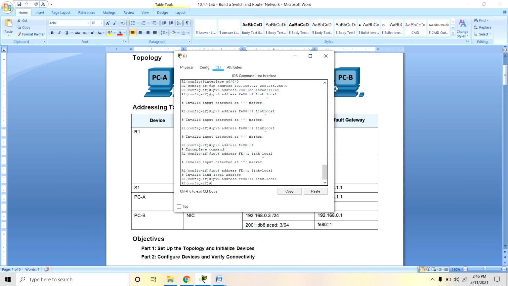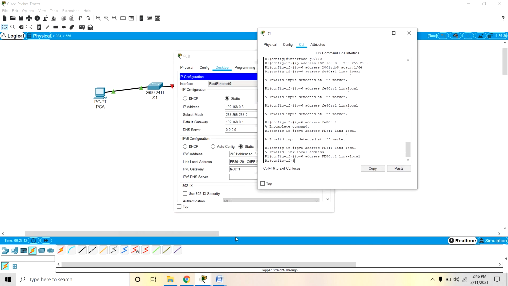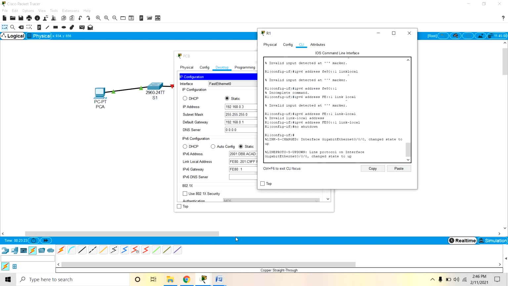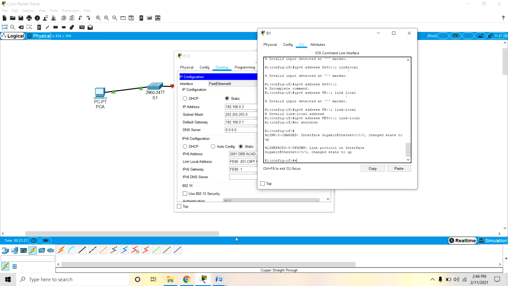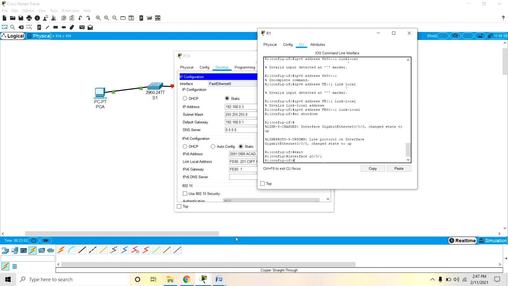Okay, right now no shutdown. Exit. Okay, and again give the interface G0/1, and then again the R1 config-if IP address.